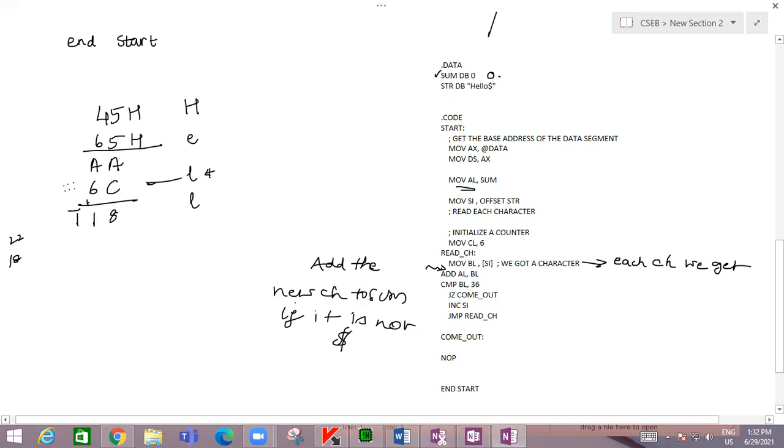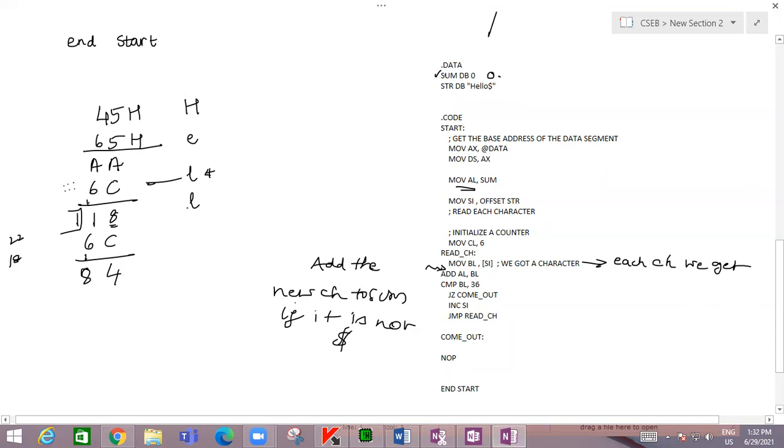We are not interested even if there is an overflow here, no problem, carry is there, because we are interested only in the least significant digit. Again add 6C. So 8 plus C, 12 plus 8, 20. 20 is 14, 1, 4H.